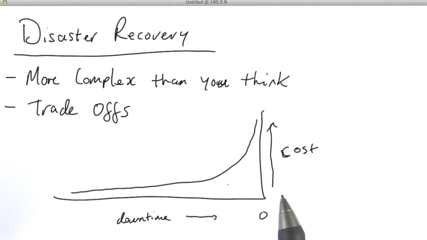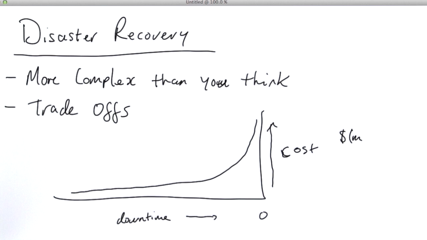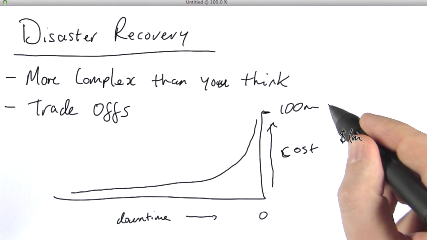What is that cost? Now, some companies, let's say for example a company that's purely based on advertising, are going to have a direct relationship between downtime and how much they're making serving ads. So if they can't serve ads, they know that they currently make, averaged out over a day, $1 million a second. Okay, so for every second of downtime, it's going to cost you $1 million. You know, however, that to reduce the downtime all the way down to zero is going to cost, let's say this limit here is something like $100 million. That seems very expensive, and $100 million,